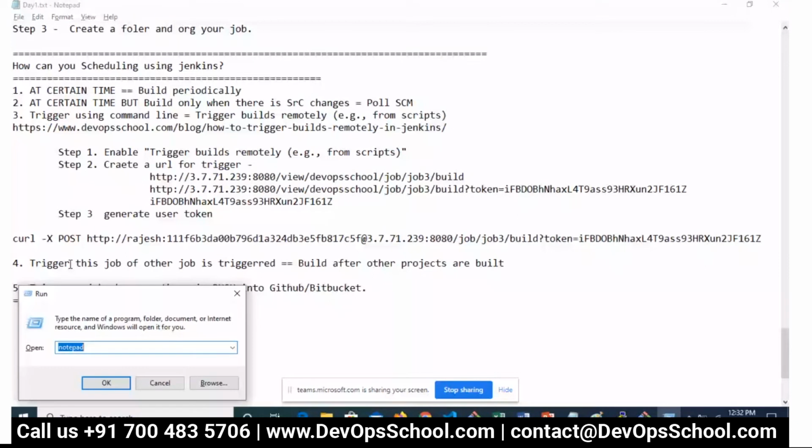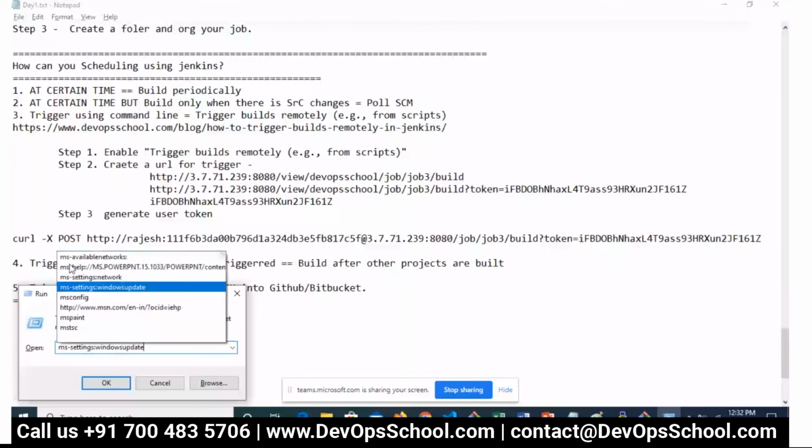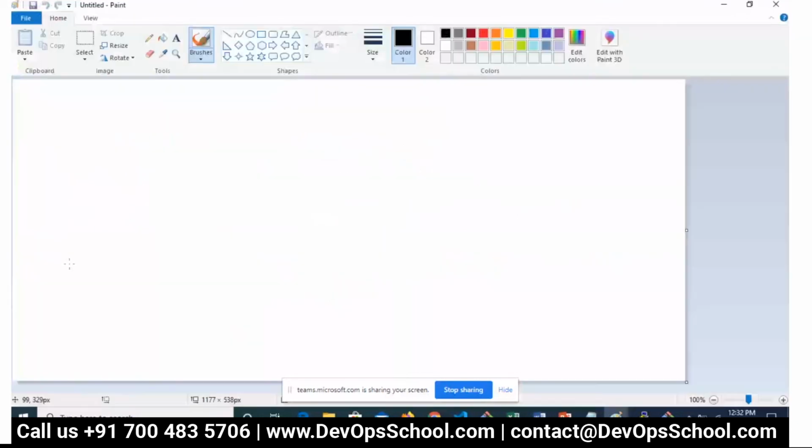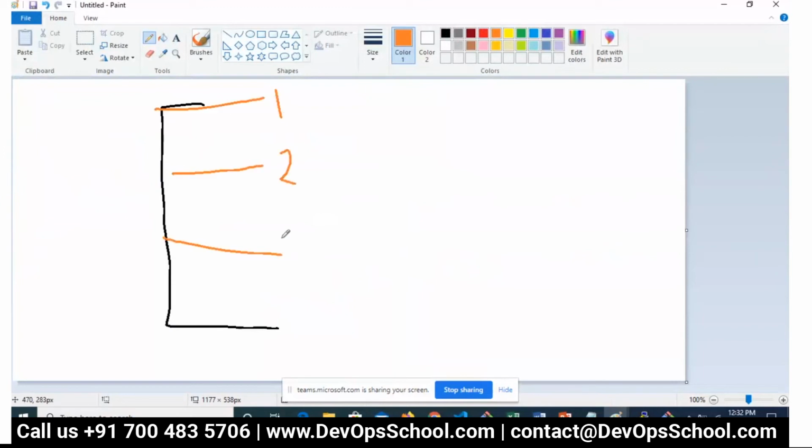So let's say I'll put it in one of the scenarios which I have used a lot. Let's say there is a project, and in the project you have module 1, module 2, and module 3. And there is one common module.